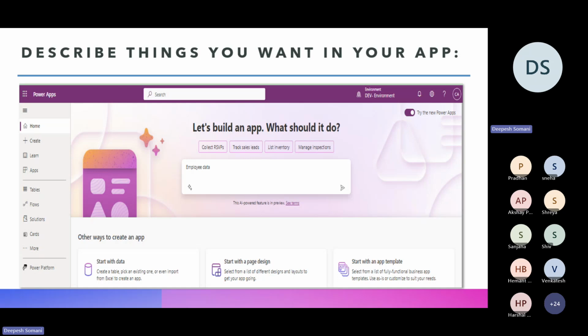Now, describe things you want in your app. So if you open a Canva app and you want to start with something like, okay, I want to create something around employee data. So I'm going for a quick demo creation, which we normally do many times if we are in our internal IT setup or we are implementing it for our customers. Many times we want a quick demo setup to be done. So what I need to do is just type in employee data. And if I tweak it in, the AI powered engine will pick it up and